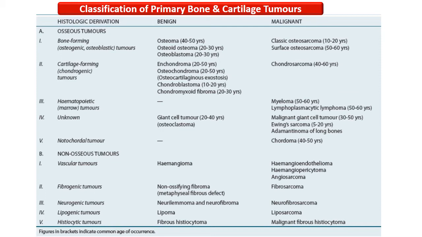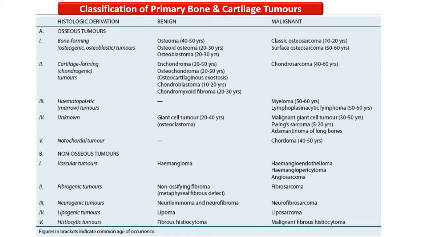The common benign bone forming tumors are osteoma, osteoid osteoma, and osteoblastoma, while the malignant counterparts of the bone forming tumors are classical osteosarcoma and surface osteosarcoma. The common benign cartilage forming tumors are enchondroma, osteochondroma, chondroblastoma, and chondromyxoid fibroma, while the malignant tumor is the chondrosarcoma. The malignant tumors arising from the hematopoietic tissue are myeloma and